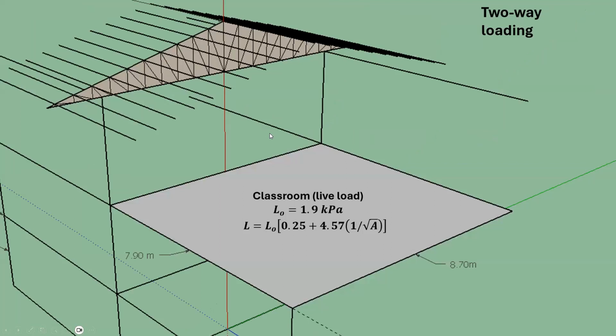One last note before I let you go into doing your project. So hopefully makatulong to. So for example, meron ka two-way load. The reason na tinanggal natin yung red kanina, because para masabi natin na two-way loading, for example, itong floor na to, itong span na to. So meron kang 7.9 meters by 8.7 meters. So this parang definitely less than 2 yung ratio between the longer over shorter. So gagamitin mo yung